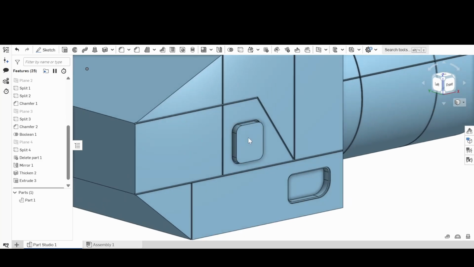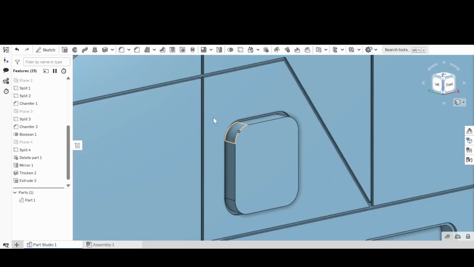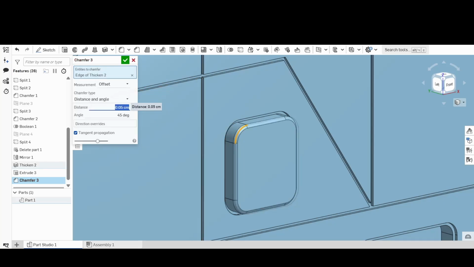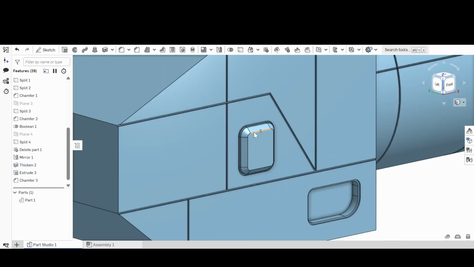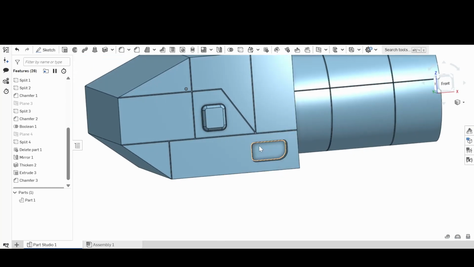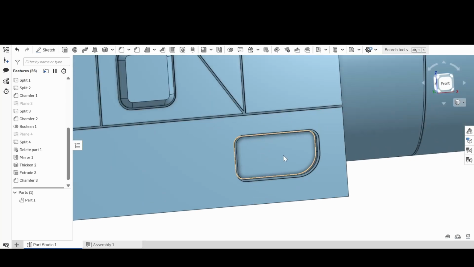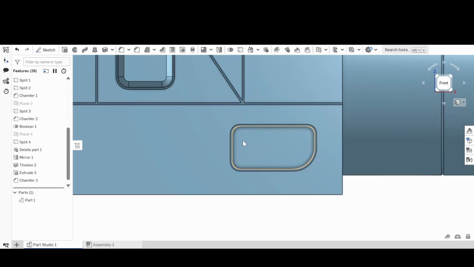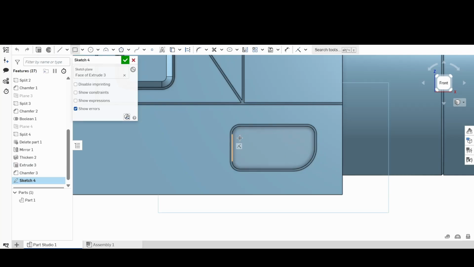So we go back to this outset panel that's kind of bubbling out here, and I'm going to put a little chamfer on it just to make it a little bit more interesting. Let's go 0.15. There we go. This could be like maybe a little emergency door or something, right? And then inside of this panel you could put more details. One of the things I will do is click on that little section in there and put a sketch in there,